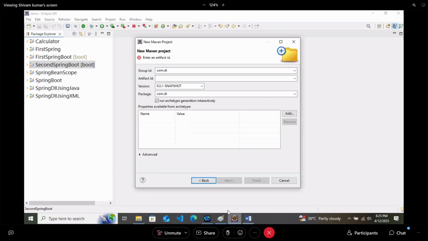After doing so, you will get a new Maven project screen like this, where you can fill in the details.